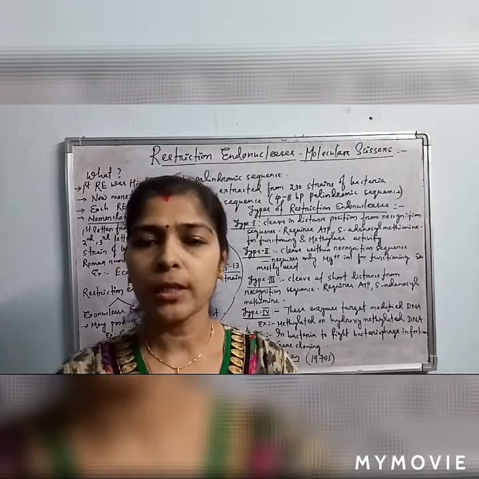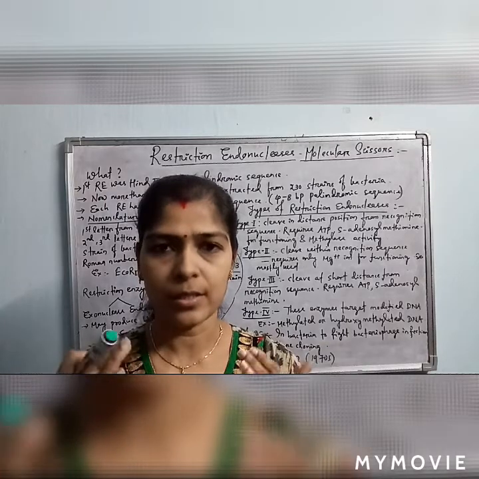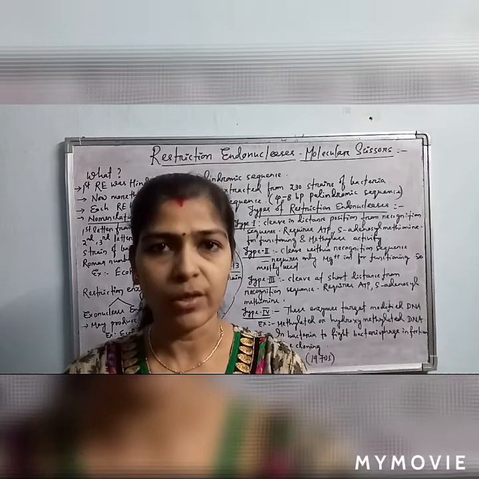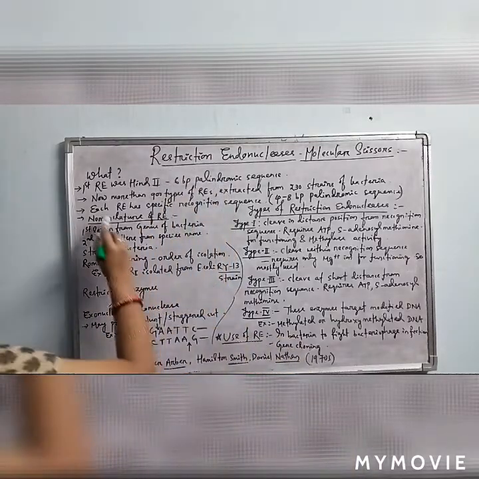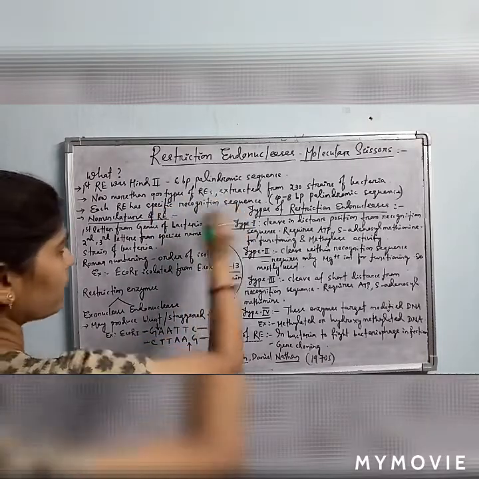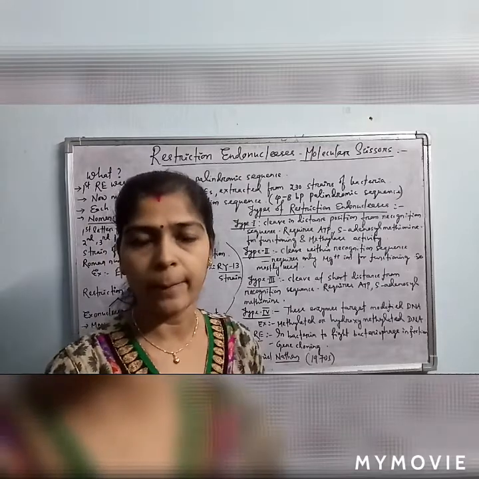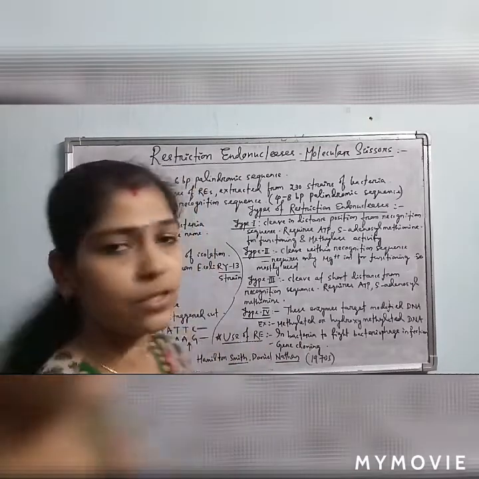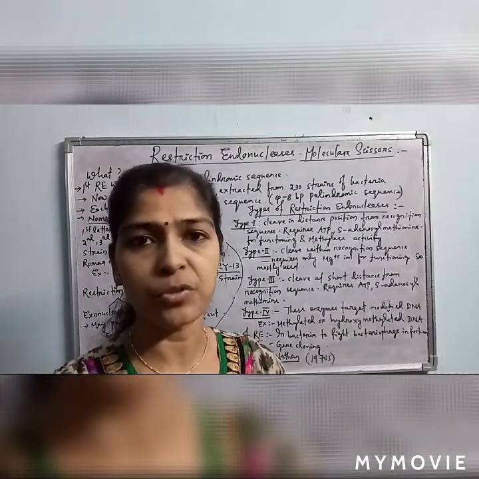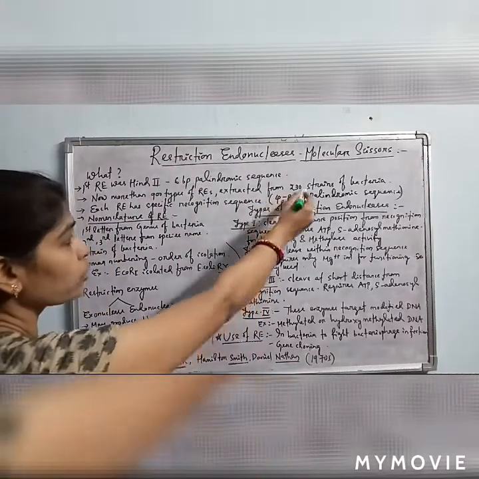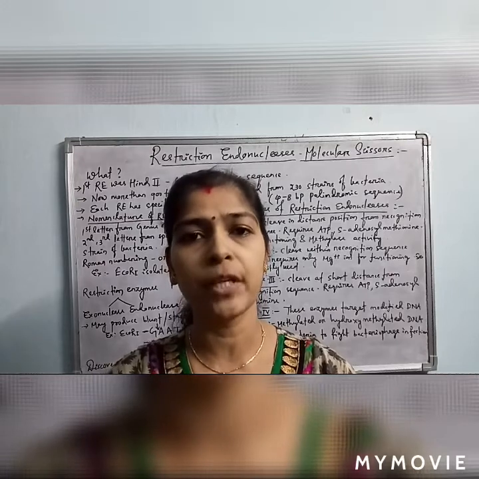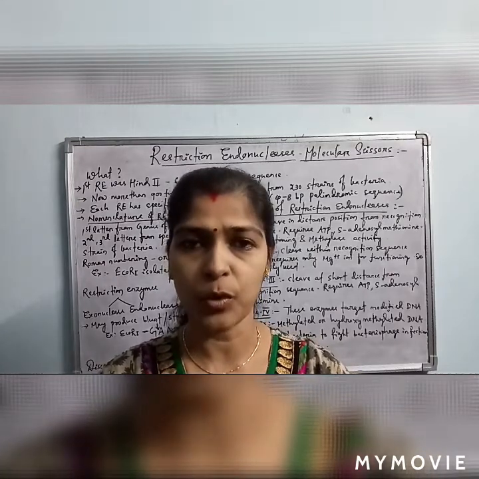Okay, so mostly the recognition sequences of restriction endonucleases vary from 4 base pair to 8 base pair palindromic sequences. More than 900 types of restriction endonucleases are now available, and these are extracted from 230 strains of bacteria. These more than 900 restriction endonucleases are used in RDT, meaning recombinant DNA technology procedures. These are naturally available enzymes which cleave DNA from the interior recognition sequences.